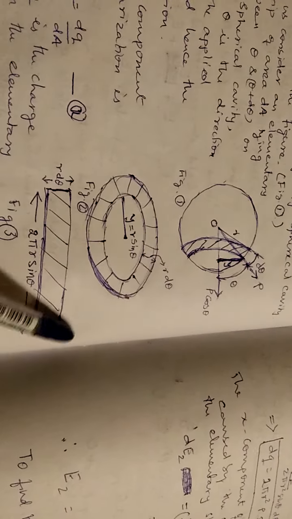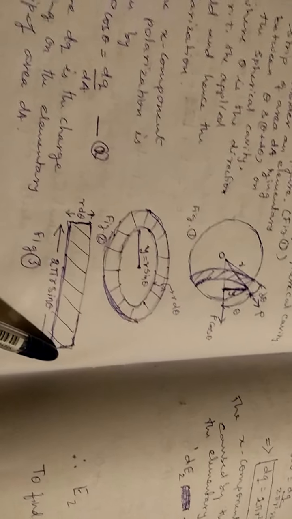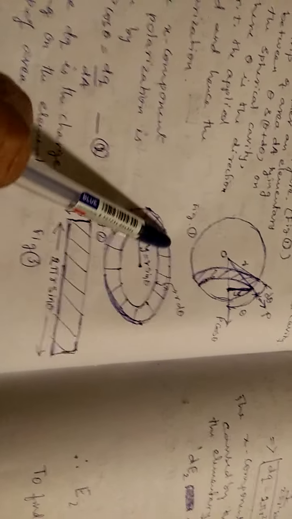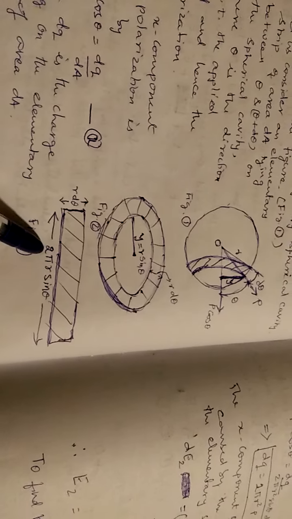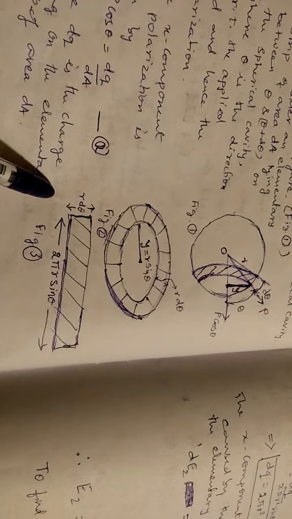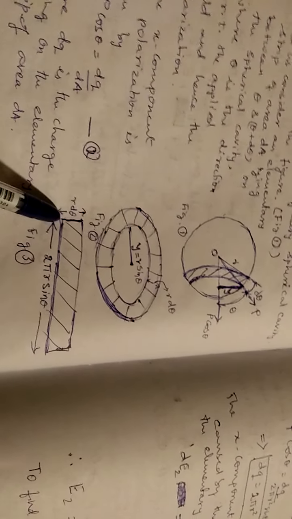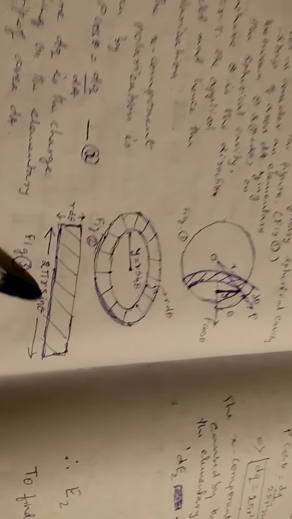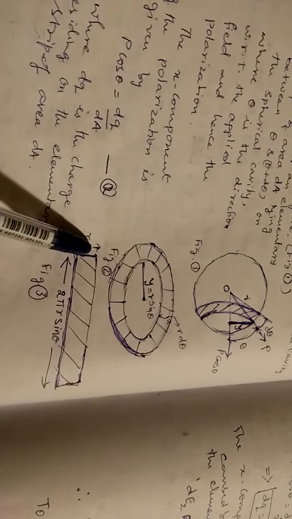Then what will be the circumference of this circular strip? If you extend this circular strip in the form of a rectangle, the length of the strip becomes equal to the circumference, that is 2π r sin θ, as the radius is r sin θ. So 2π r sin θ is the circumference, multiplied by the thickness. Okay, length into breadth: 2π r sin θ into r dθ becomes the area. Okay, so that's what I have written here.